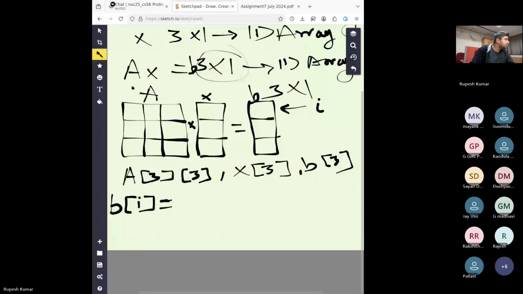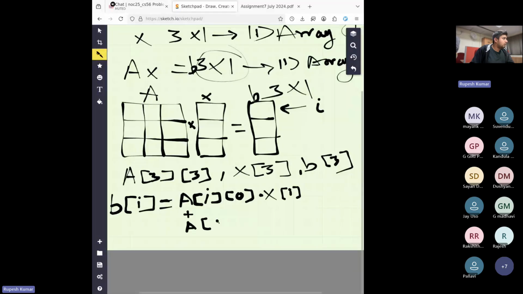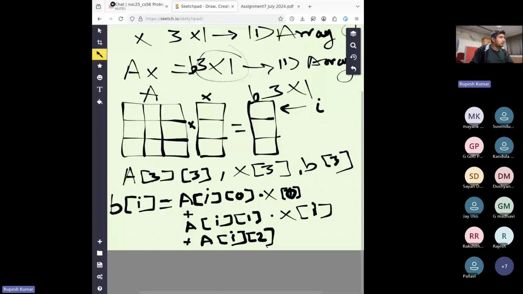It will be A at row I, comma 0 multiplied by X at index 0, plus A at row I, comma 1 multiplied by X at index 1, plus A at row I, comma 2 into X at index 2. Fine. So this will be the output.